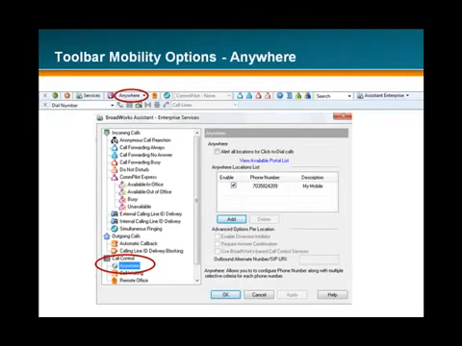With Anywhere enabled, incoming phone calls will ring all of a user's devices at once, including mobile phones, desk phones, soft clients, and even video devices, so that no matter where the user is, they can pick up the call. And users now only have to check one voicemail box, as all messages are always routed to the business mailbox. Calls can also be pulled or moved from one device to another during an active call without the caller even